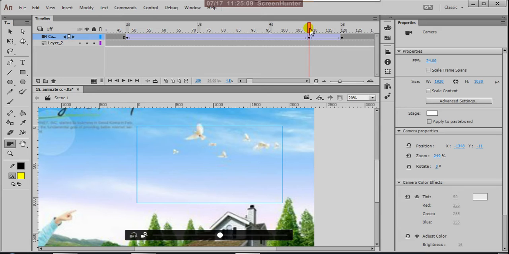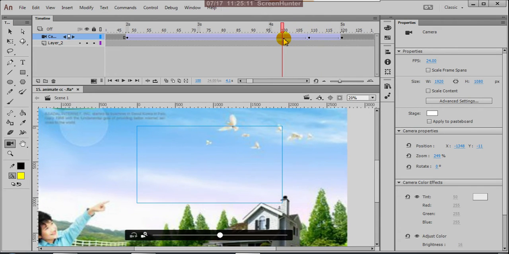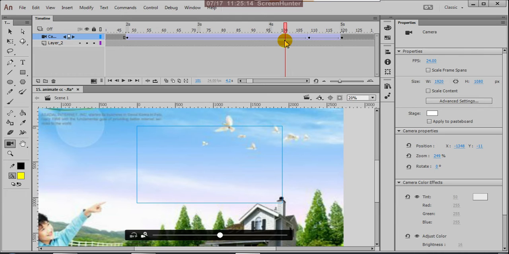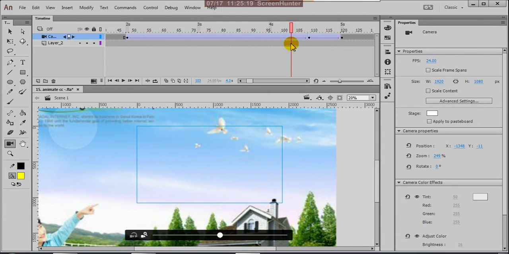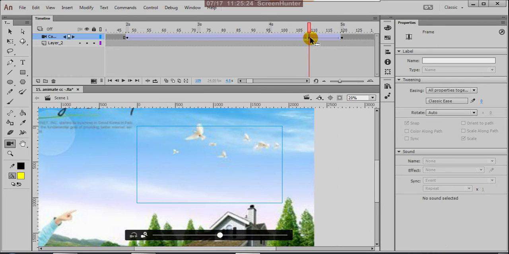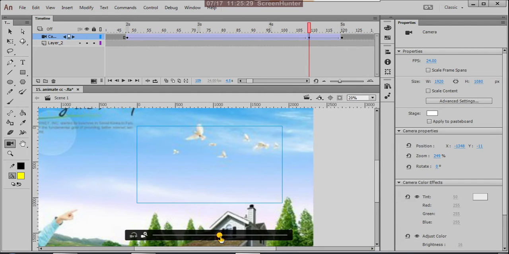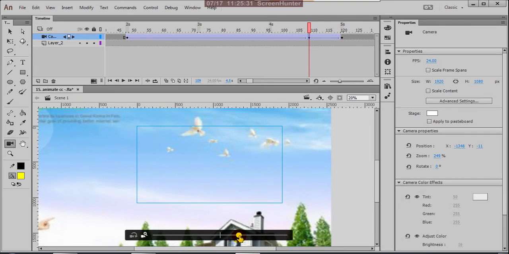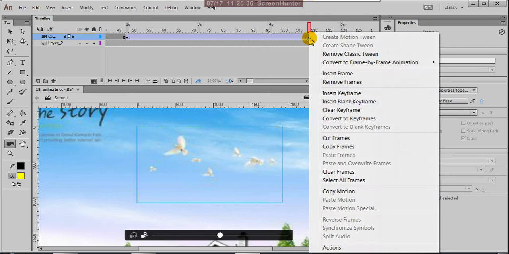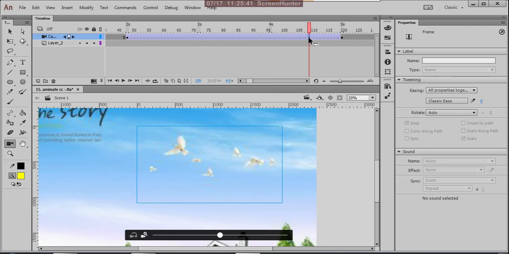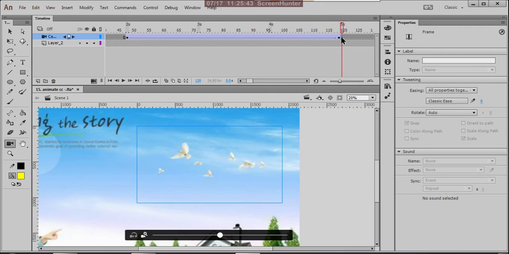Yes, here the house edge also I'm not showing, so you can give the close up here. Okay, suppose here I'll drag this up to here, and here I'll remove.